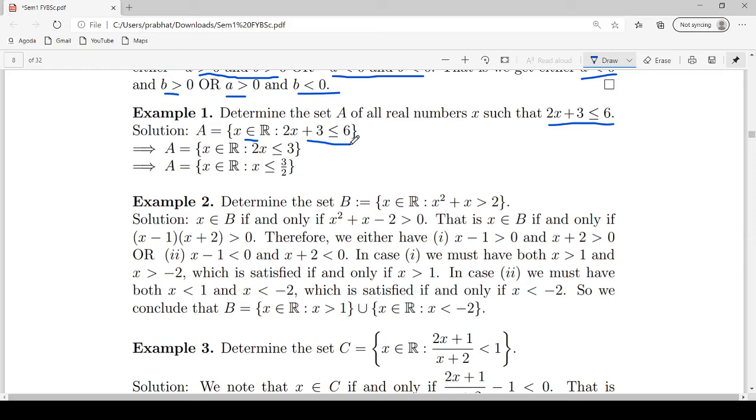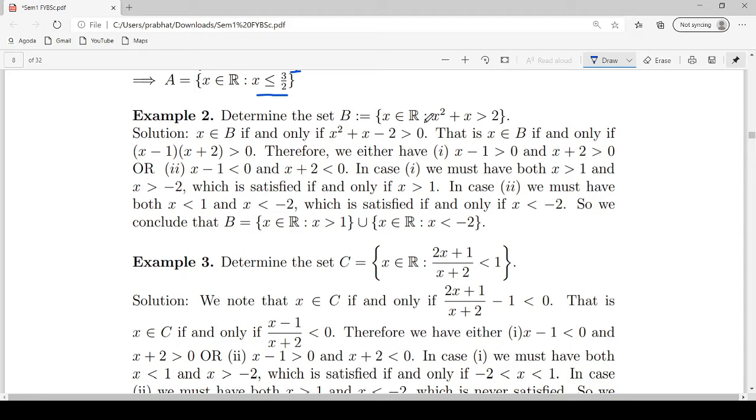Since 2x plus 3 is less than or equal to 6, you can add the additive inverse of 3 on both sides of the inequality. It will give you 2x is less than or equal to 6 minus 3, which is 3. Now you can multiply by the multiplicative inverse of 2, and since it is positive, your inequality will not change. So you will have x is less than or equal to 3 by 2. So your set A is the set of all x such that x is less than or equal to 3 by 2. Second,